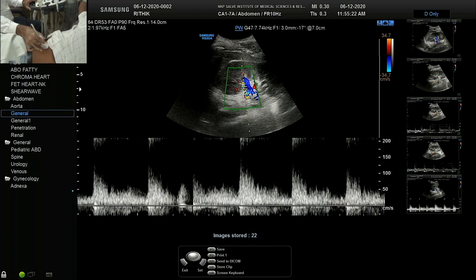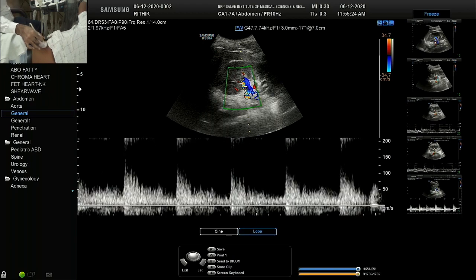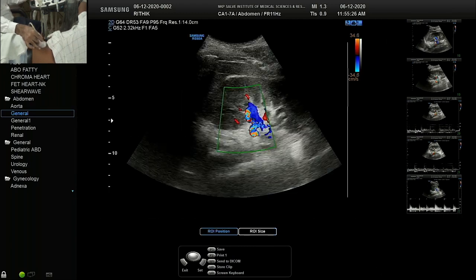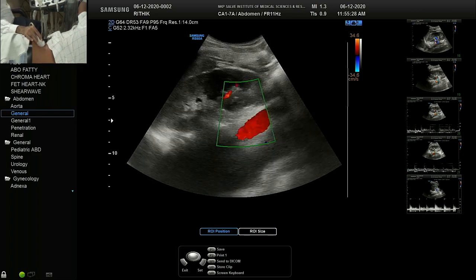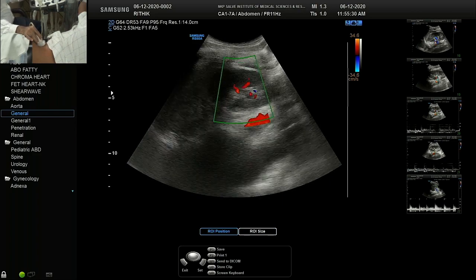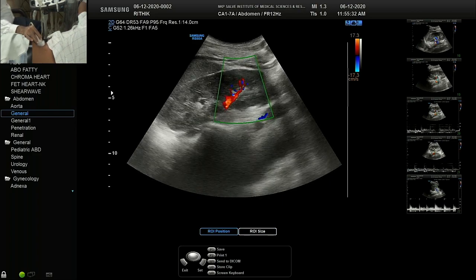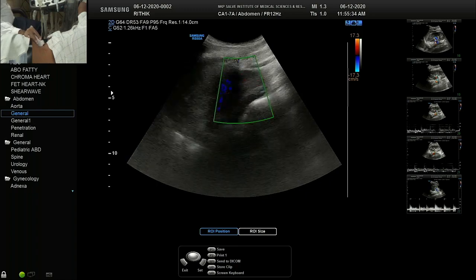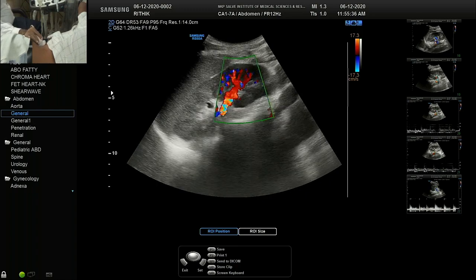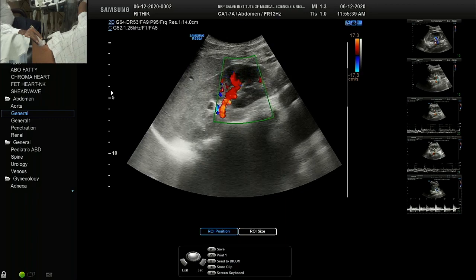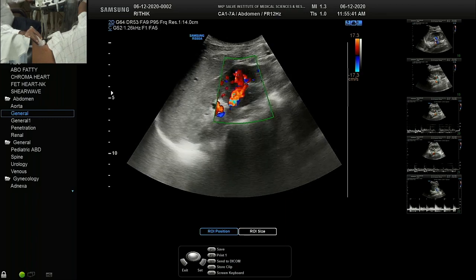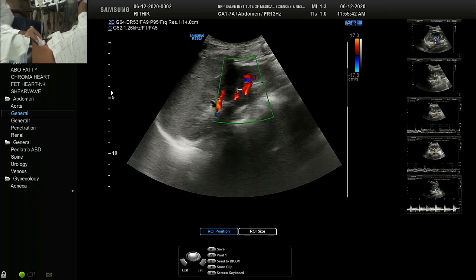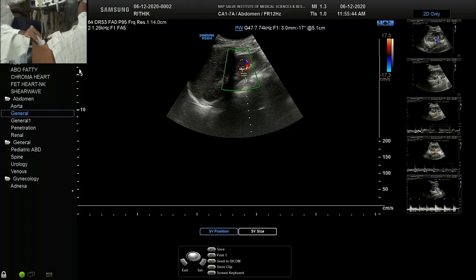Little bit turbulence you are getting is due to the tortuosity of that vessel at that particular point, and you should not be worried about it. So we take the segmental as we have taken on the right side, little orthodox views, but they are very useful in getting good Doppler shift.